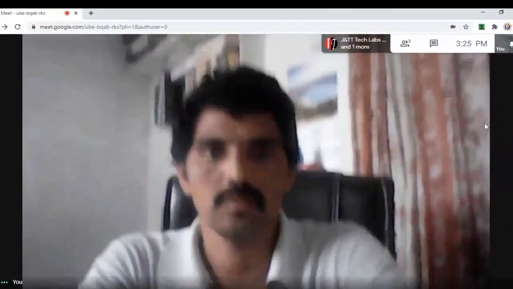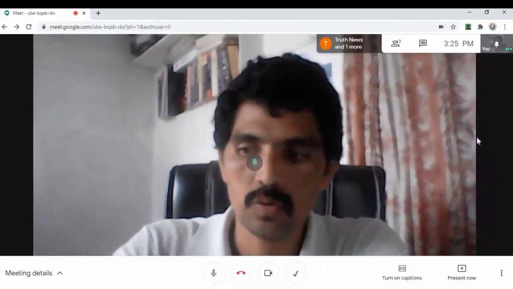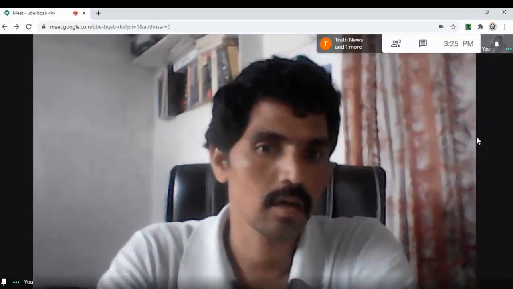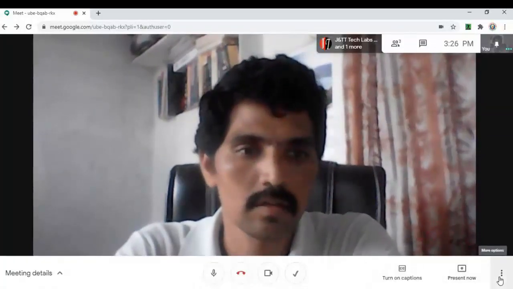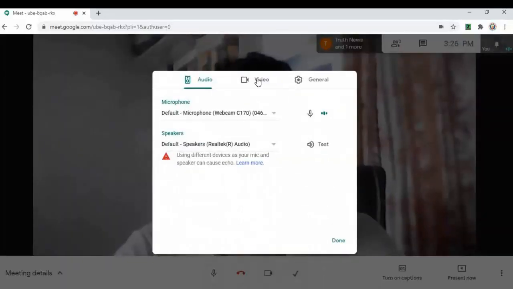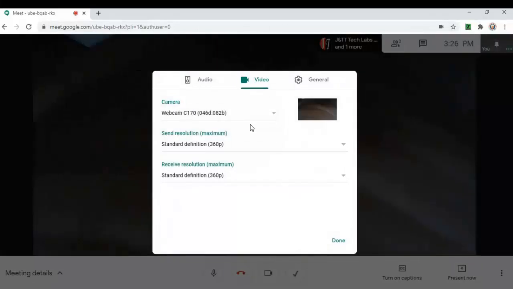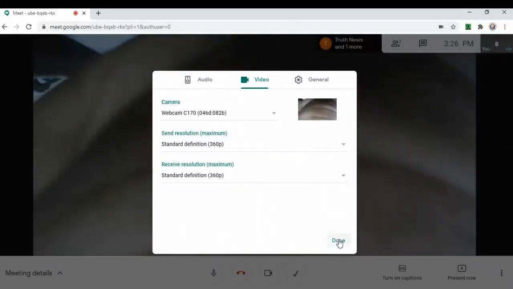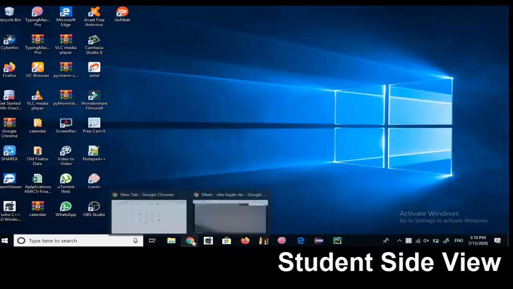Now coming to this place, yes. So this is the settings option. Now I'm using a rear camera to focus on the paper. This is the rear camera, the webcam I connected externally, so that will be focused on that particular thing. And here, this screen will focus. The second camera will focus on the paper.